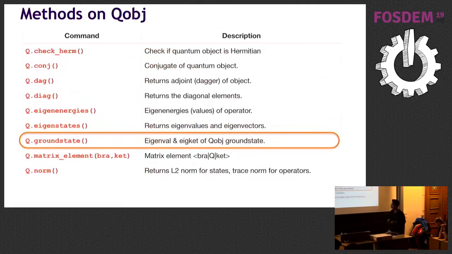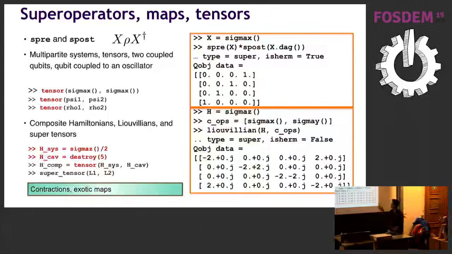Then if you have a quantum object, you can probe its properties. You can find its eigenvalues, ground states, and things like that. Of course, this ground state for a large enough system might not be correct or might give you something different because it's a ground state problem. Then you have some very exotic things that not so many people use, but you can define super operators. And then you can write Lindblad master equations, and you can define these exotic maps from different spaces to different spaces. And the way you do it is very simple and intuitive. Anyone who knows a little bit about Python can just pick it up in a couple of days and start working with it.